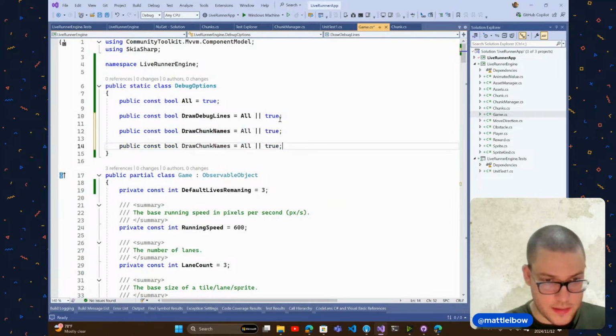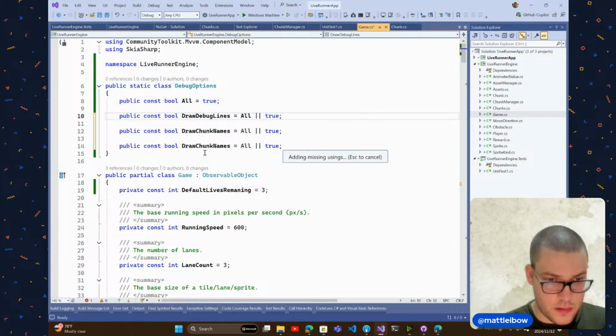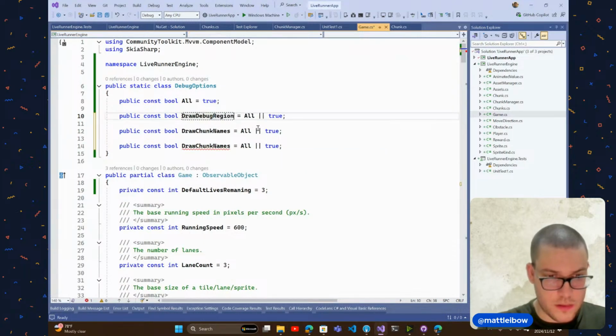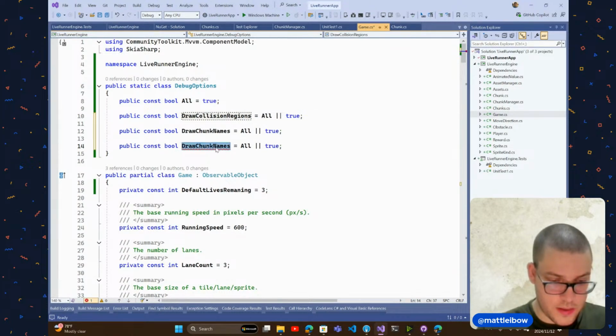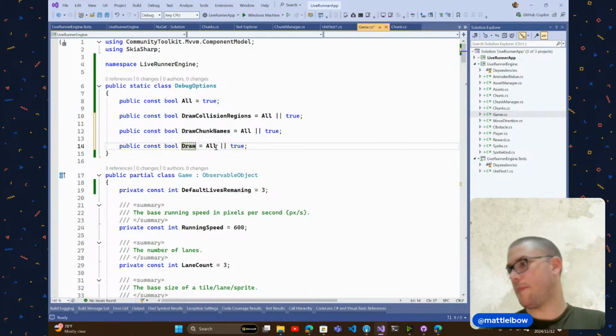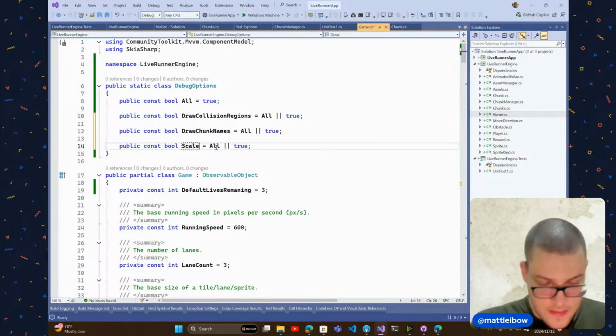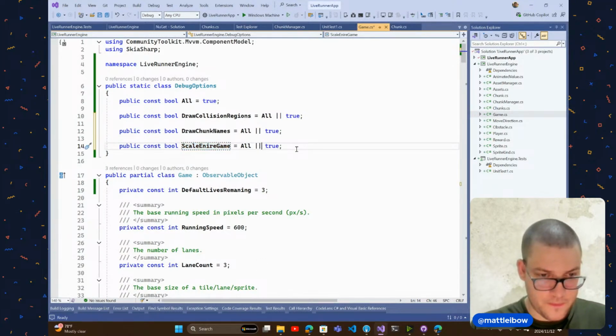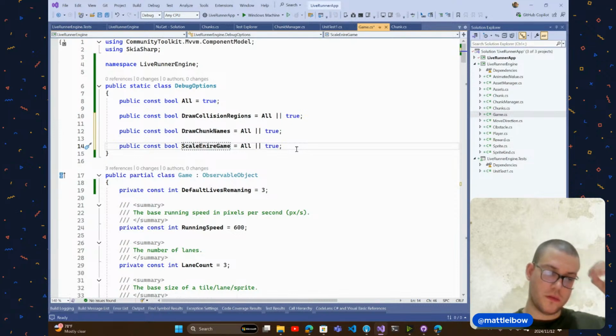Draw debug lines, draw debug regions. No, draw regions. There we go. Draw collision and draw chunk names, and we're going to do draw scale entire game. All right, we're going to do this. Scale the entire game in